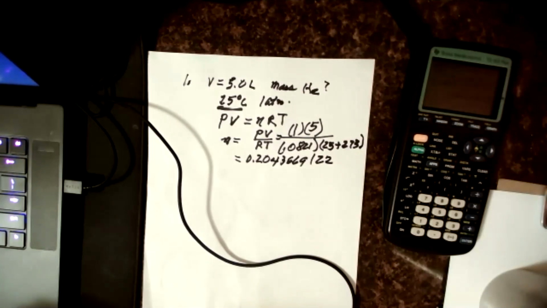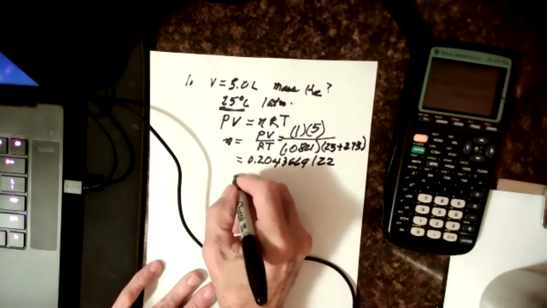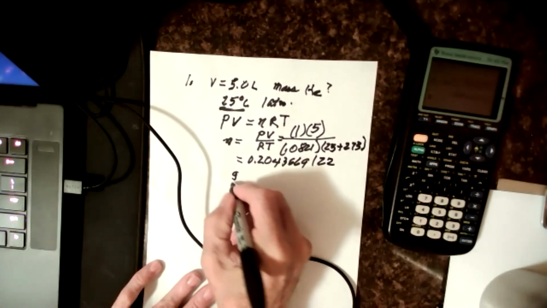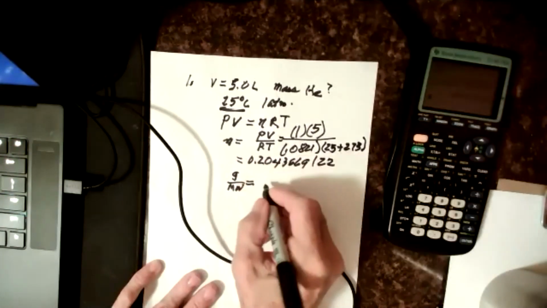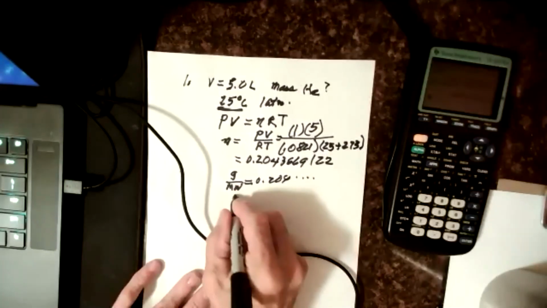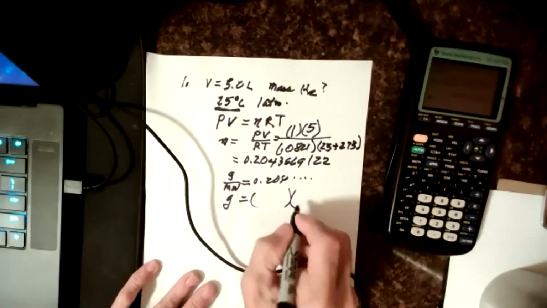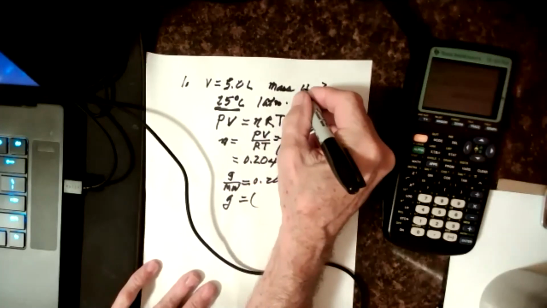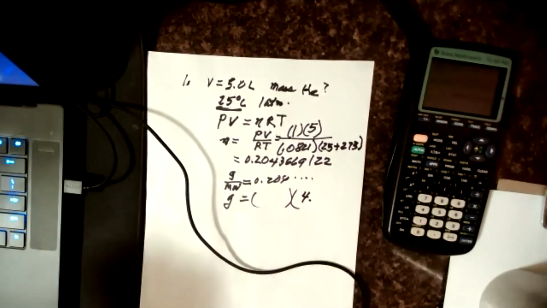I don't want to. But it sets the mass. Now, the mass divided by the molecular weight would be the number of moles. So that's going to be 0.204 and all those digits. So the mass is going to be all of those digits times the molecular weight. And this is helium. And helium is 4.0